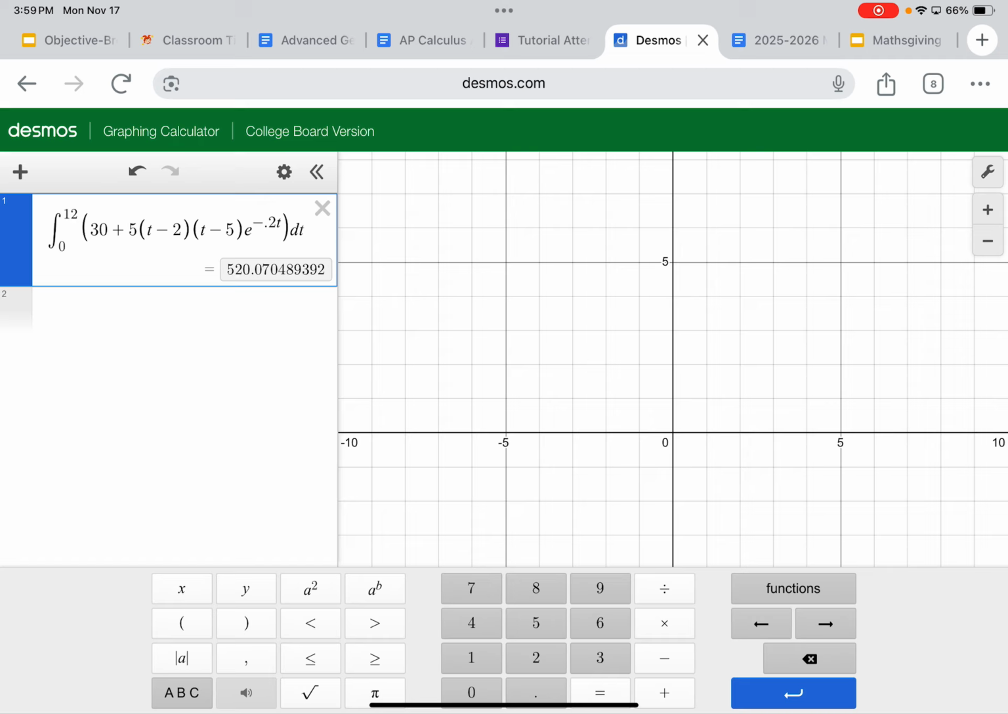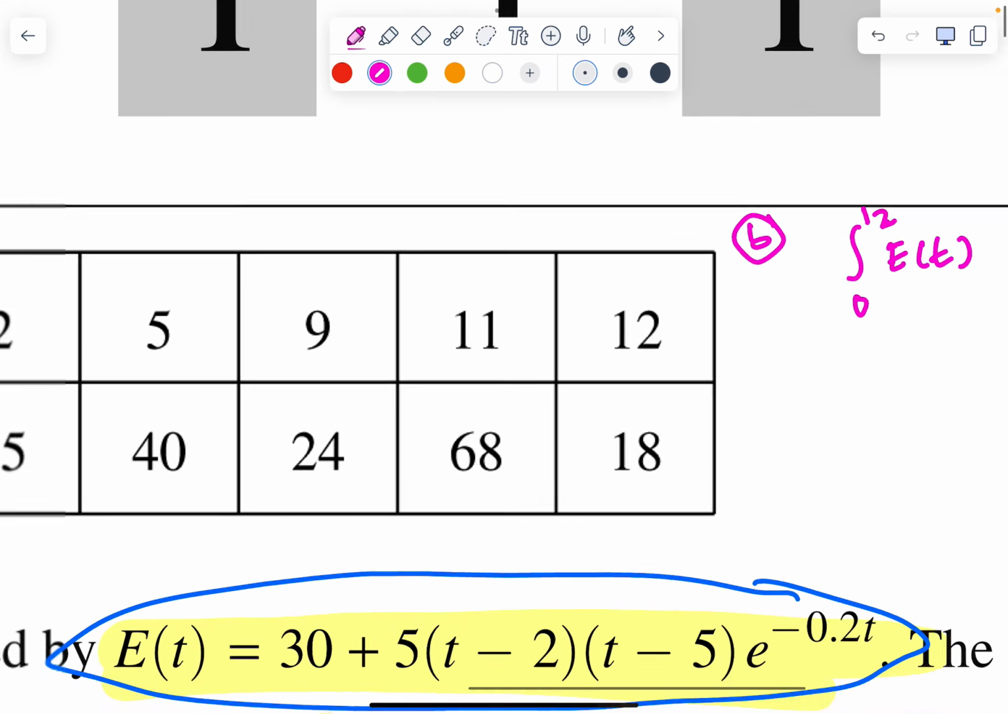Yes. Okay, now go to our third one. On our third one, it says,